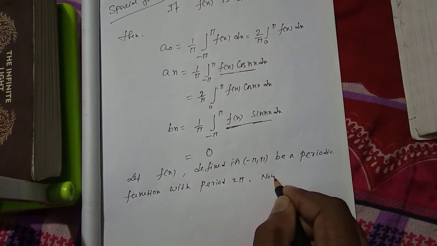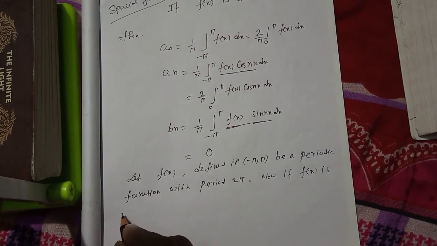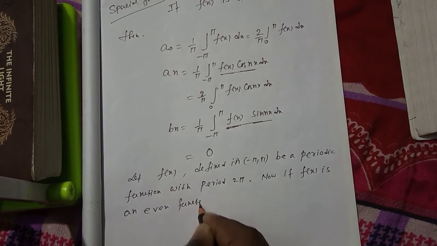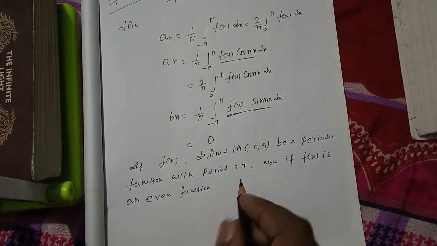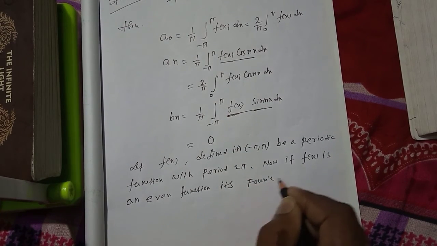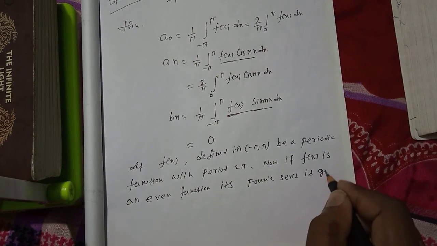Now, if f of x is an even function, its Fourier series is given by